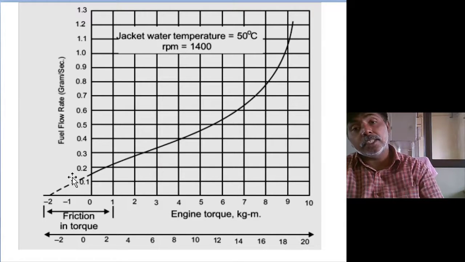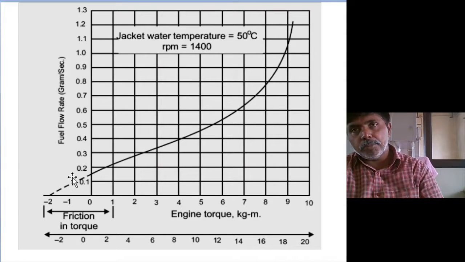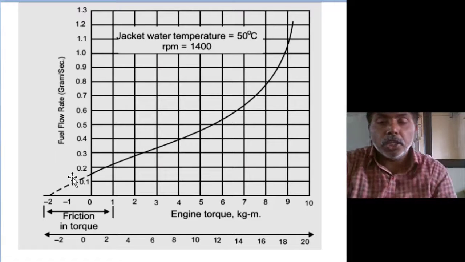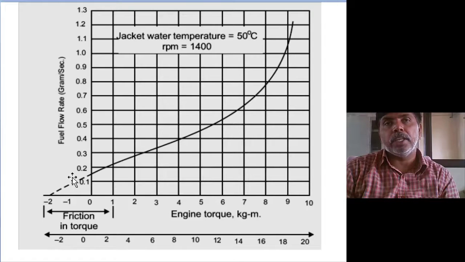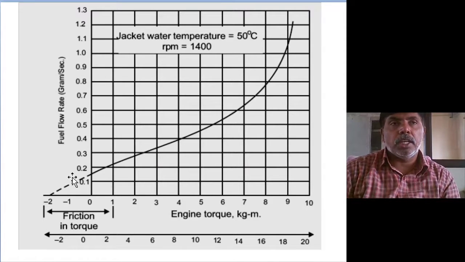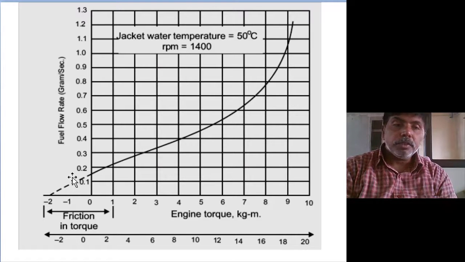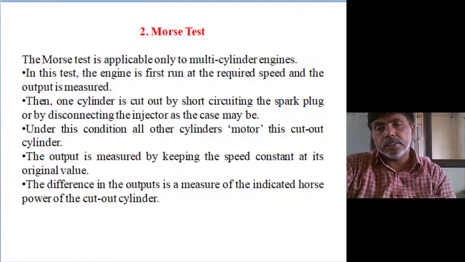I already discussed in the second unit, combustion chambers, CI engine combustion chambers. There we discussed. So in indirect injection engines also we will get linearity, and we will get the actual accurate frictional values. This is the simplest experiment. No special device is required for the performance test. With the same measuring equipment we can determine the friction power, but it is applicable only to diesel engines, not other engines.